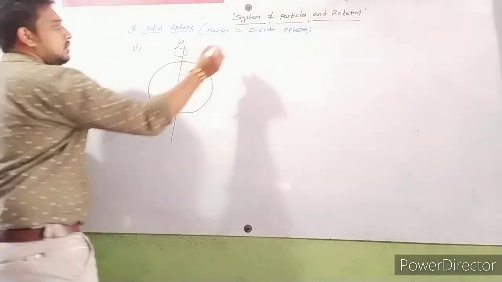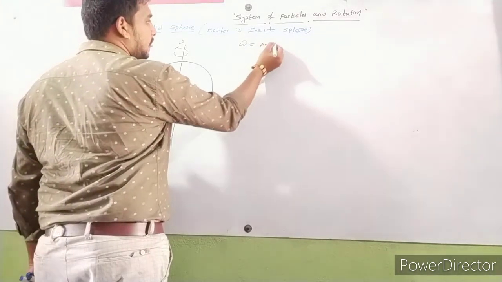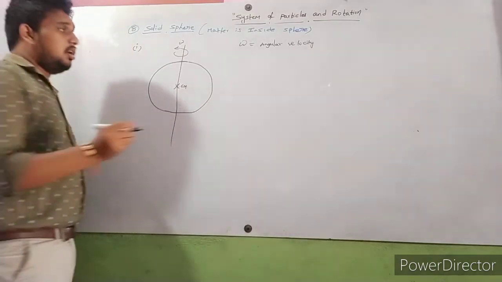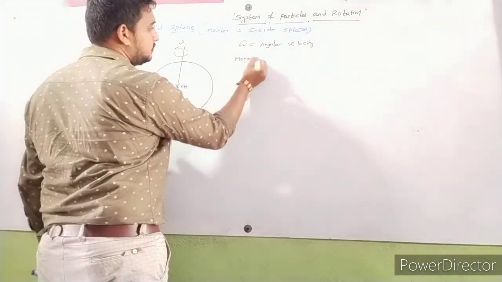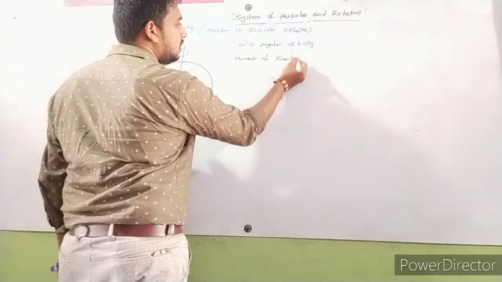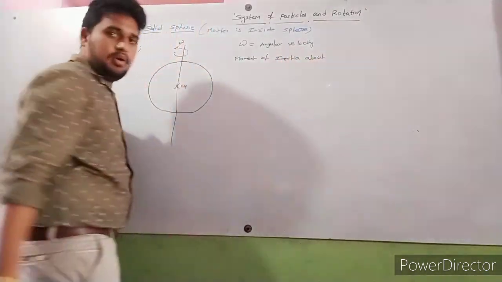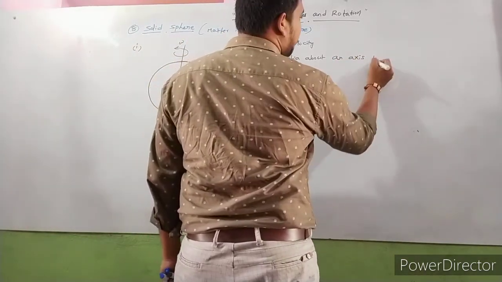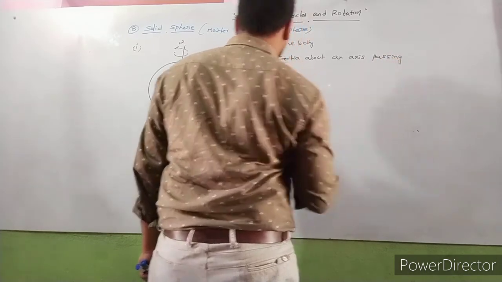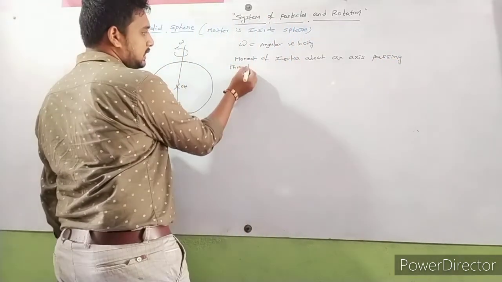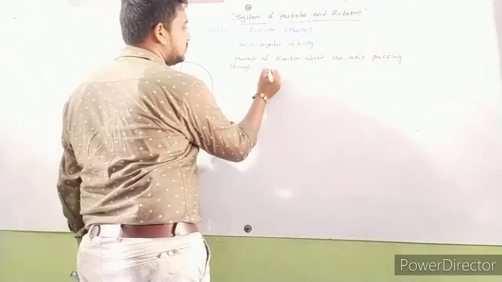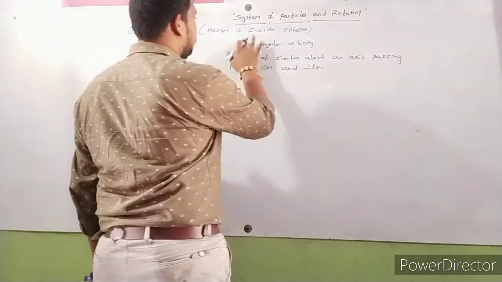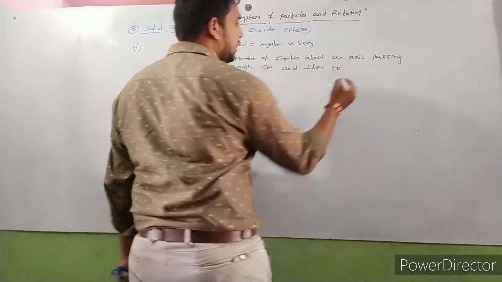Case 1: moment of inertia about an axis passing through the center of mass and perpendicular to the plane of